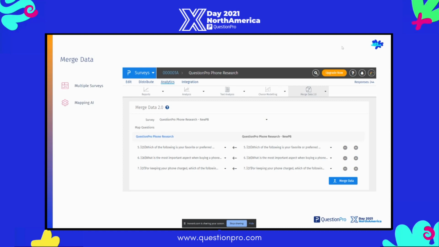So say you have 2 different surveys and they have 80% commonality of questions and you want to merge them. That would be a great use case for our merge data functionality. You can do this with up to 5 surveys. And again, we have customers using this. I'll walk you through a couple of use cases to get you thinking about why this might be relevant to